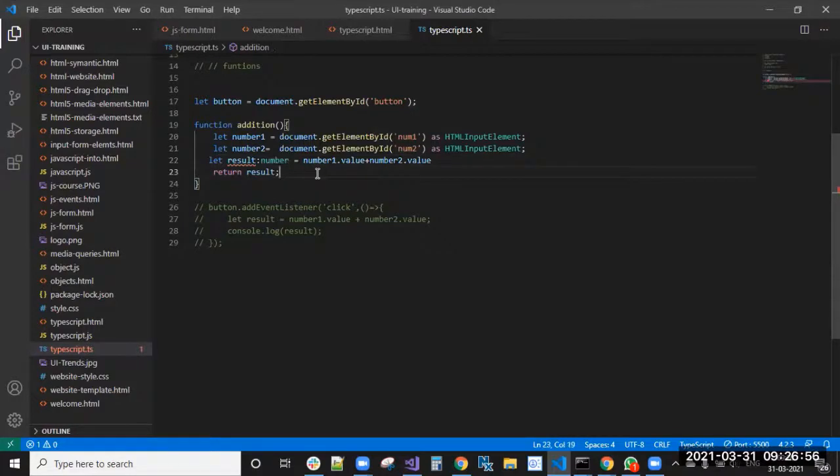So while we are developing only, we are getting those errors. We know that the output is coming as a string, but we are expecting a number, right? In that case, you can override this by using plus.